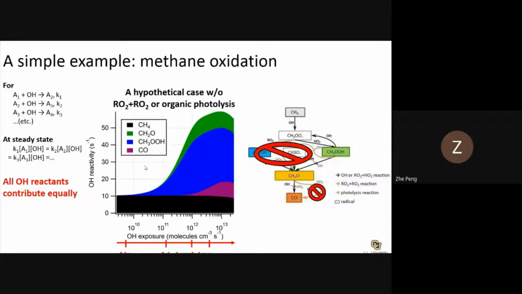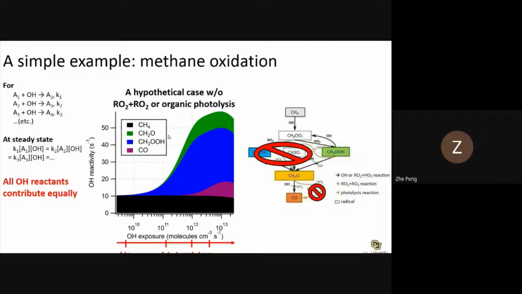And in the middle is the result. The y-axis is OH reactivity, and the x-axis is OH exposure. So it shows the evolution. And you can find in the red axis the corresponding equivalent photochemical ages to the OH exposure. Because methane reacts very slowly with OH, the system can reach the steady state,